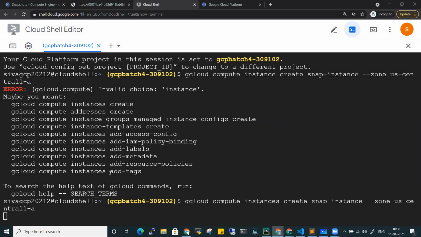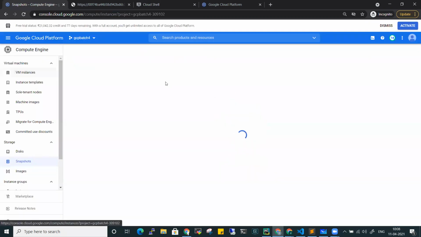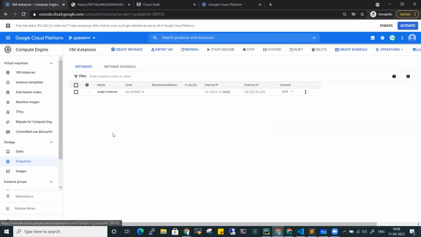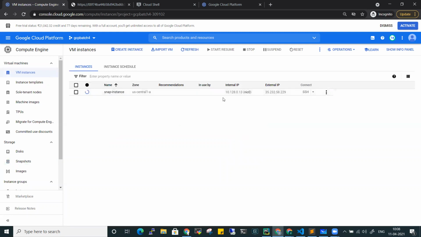Once it is done, we can see this instance in the console here. The instance is getting created in the US Central 1-A zone. So now, how could I log into this machine? There are multiple ways you can do that. The easiest way is to directly click on the button here, but I'll show you the command